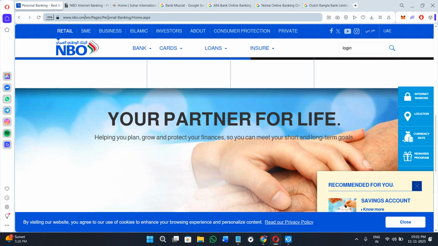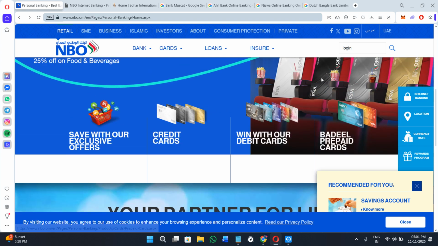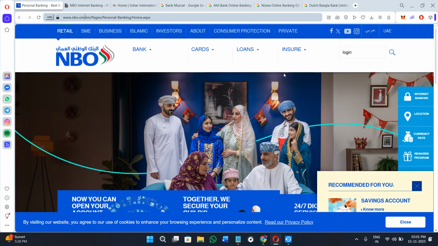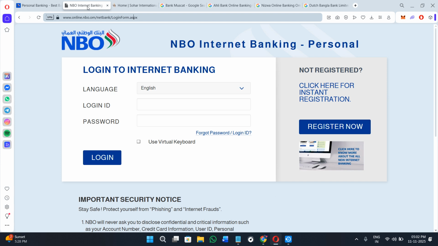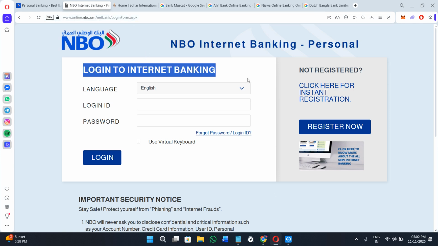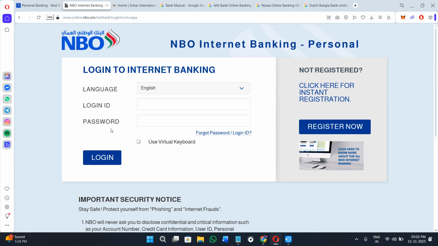which is nbo.com. Now, once you are over here, you are going to see the login option here on the top right hand corner of the screen. If you don't see that option, don't worry, simply open a new tab and search for this particular URL, which is online.nbo.com/netbank/login form. Now, once you type this URL, you will be directly redirected over here on the login page of